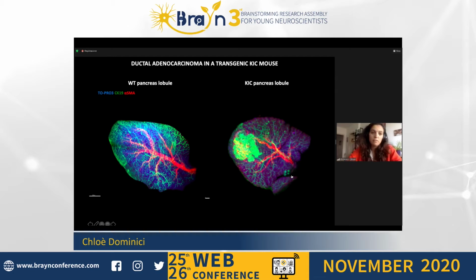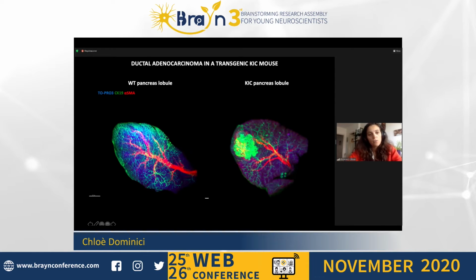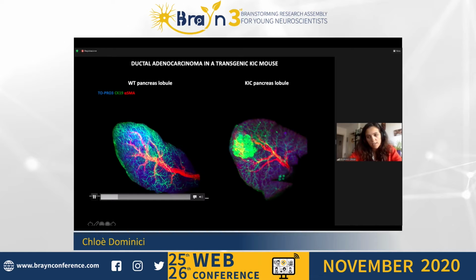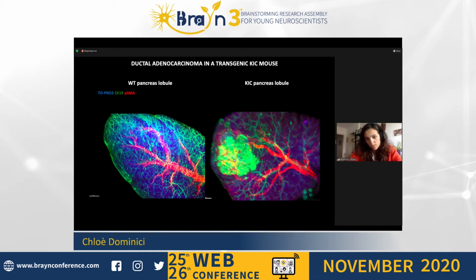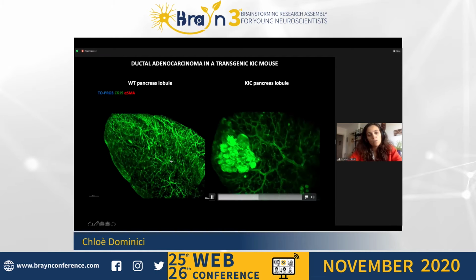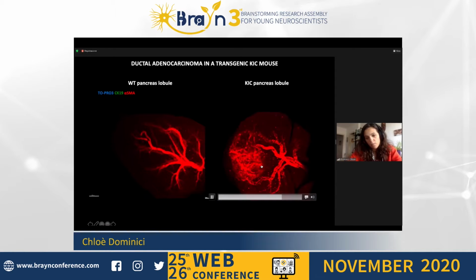So here you have a wild-type pancreas lobule, and here you have a KIC pancreas lobule. And you have 3 different stainings. The TO-PRO-3 staining is a nuclear staining. You have in green CK19, which stains ductal epithelial cells, and it's also highly expressed in tumors here. And finally, in red, you have alpha SMA, which labels vascular smooth muscle cells, and also activated fibroblasts inside the